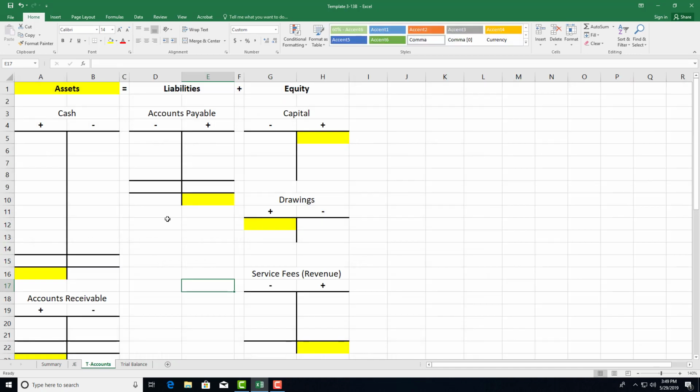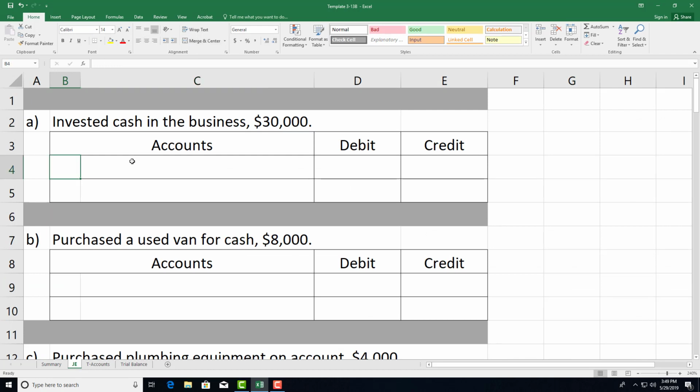I'm going to jump over to the T accounts real quick. Cash increased with a debit. Capital, which is part of equity or owner's equity. I'll go back and highlight these real quick just so that those all look the same at the top. But equity or owner's equity are the same thing, and we are increasing the capital account. That is increased with a credit. So in my journal entry, debit cash, credit capital,